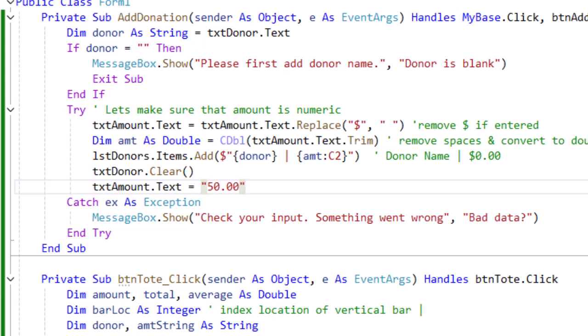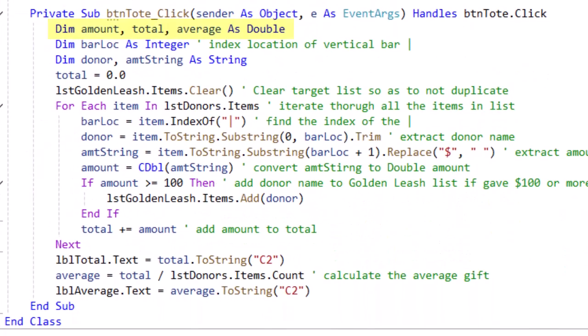For the btn tote button, I'm going to dim amount, total, and average as double variables. I'm going to create an integer variable called bar lock. That's going to be the location of that vertical bar in each string item of our items. I'm going to dim donor and amt string as string values, and total equals 0.0. I'm going to clear the items in the LST golden leash list box, and then for each item in